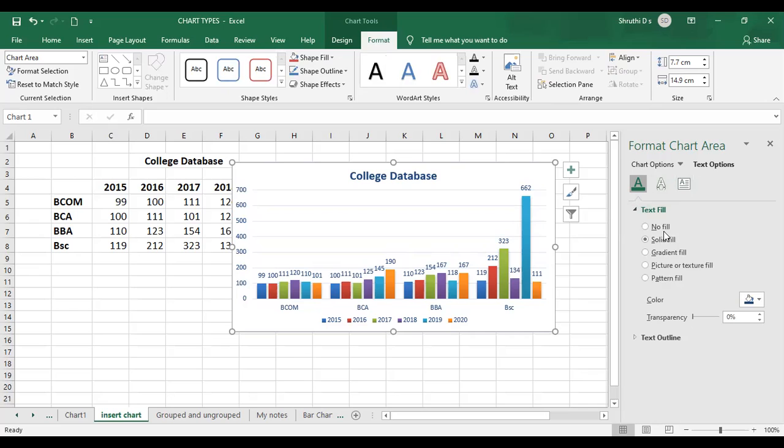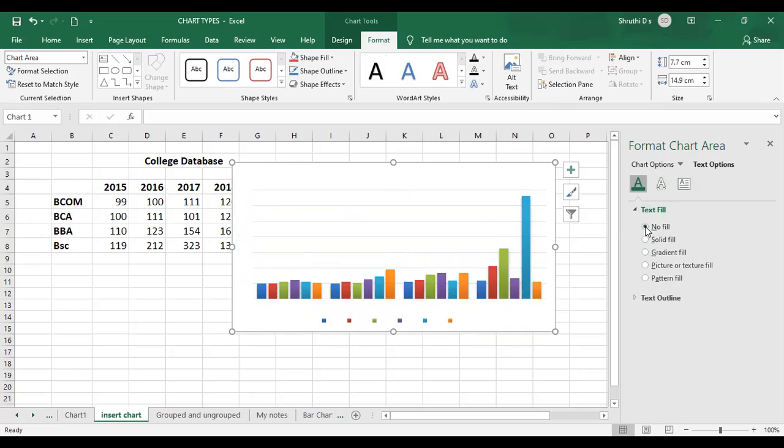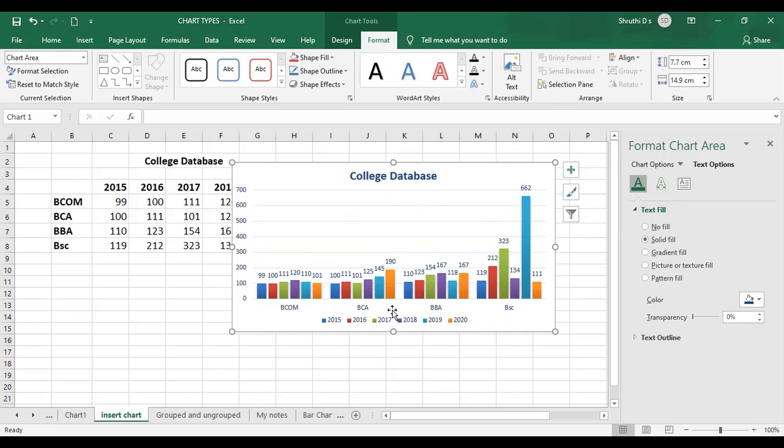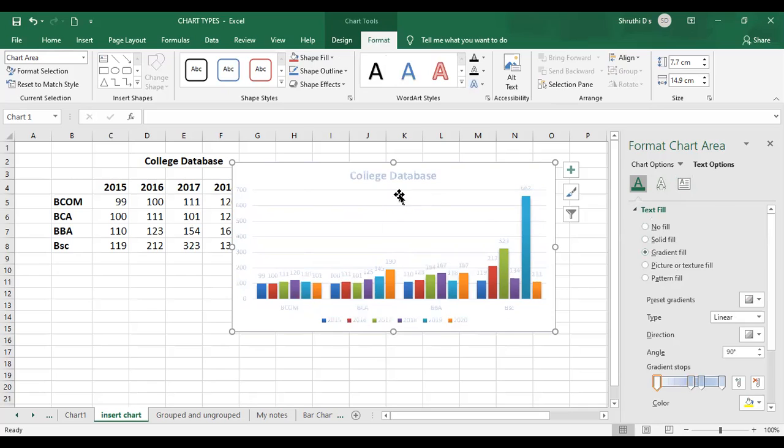So text options. Whatever text you have taken in the chart area, it can be filled with solid fill or no fill. No fill means everything will be gone. If you say solid fill, it comes back with that solid color option. If you say gradient fill, it will be light, and you can make it darker, or select the options over here.